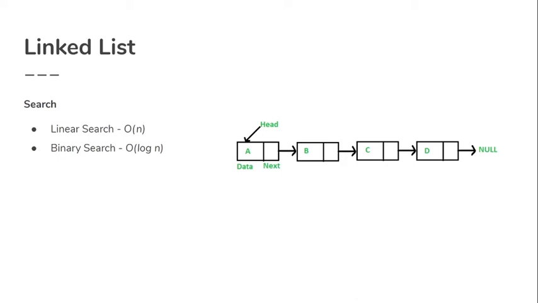So these are the two approaches for searching a linked list. The same thing: linear search and binary search. Don't forget these two algorithms are very important for searching elements in an array or linked list, and whenever you have a huge amount of data, you will definitely use these two algorithms.